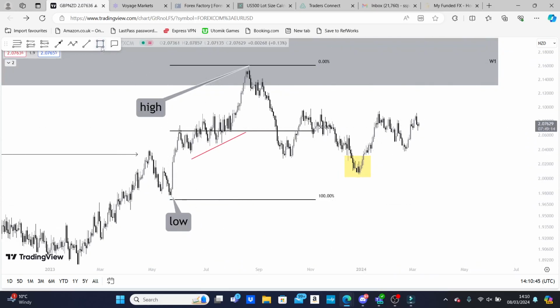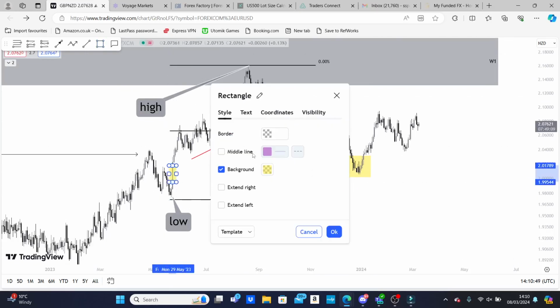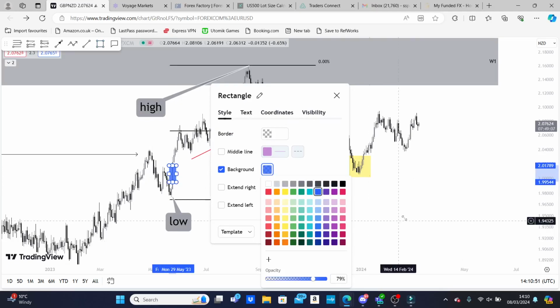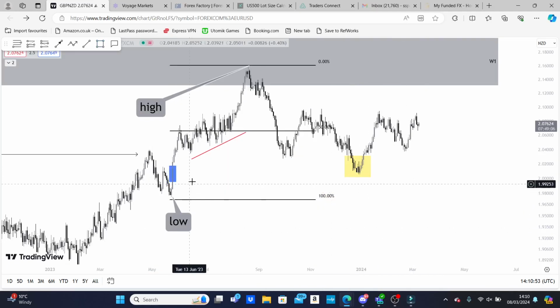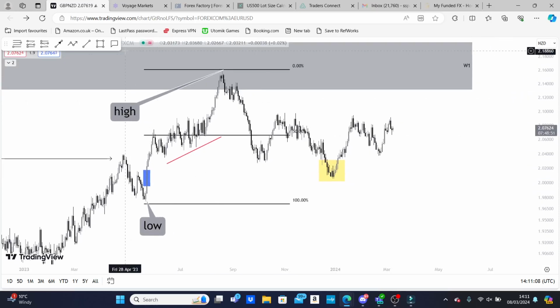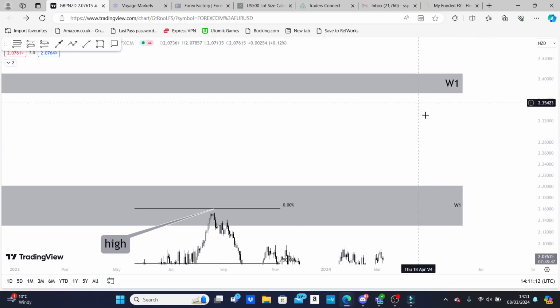What's the second thing we need to look at? A fair value gap over here. So we had a very large fair value gap, which I'm going to mark out in blue. This is a fair value gap, as you can see over here. So price has swept liquidity to the downside and has filled the inefficiency just over here in this region, right? The blue box represents an inefficiency in price and a liquidity being swept. And so therefore, this confirms our bullish narrative that price could get all the way up to the weekly POI